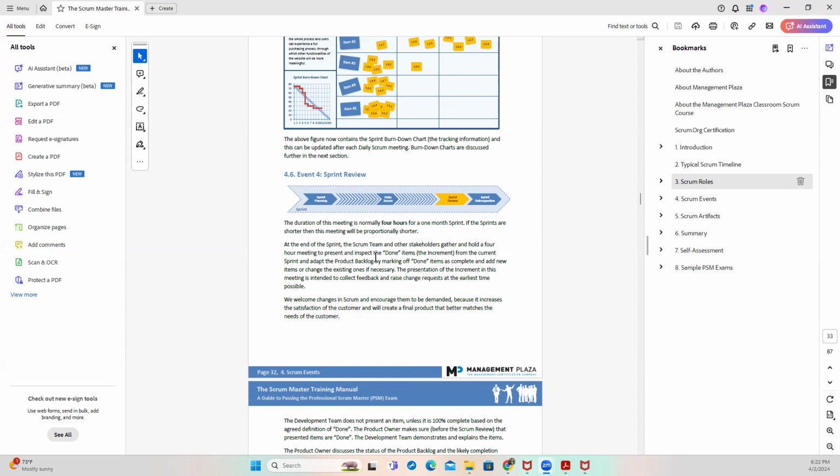Let's say you were making an app, or you're making a robot to sweep the floor, a robot to clean the floor. When you meet during that sprint review, those who are attending would be the product owner, stakeholders, development team, Scrum Master, and sometimes the customers, right? You meet in that sprint review to look at the work that has been done, to see if it has met the definition of done. Let's look at what has been done.